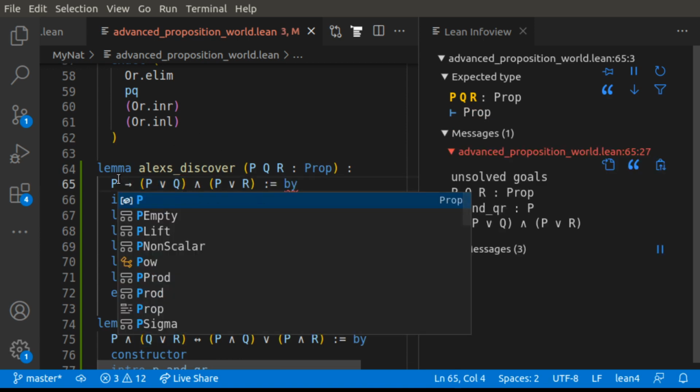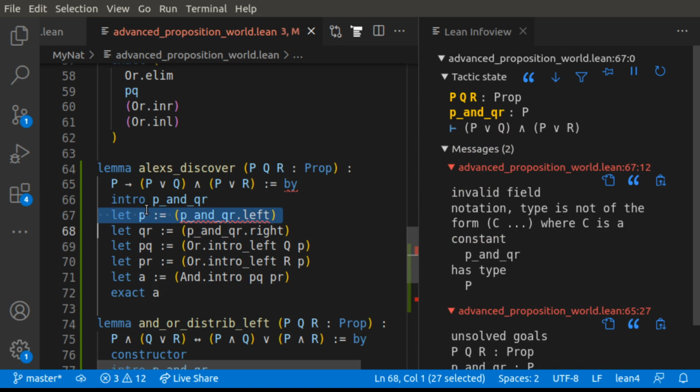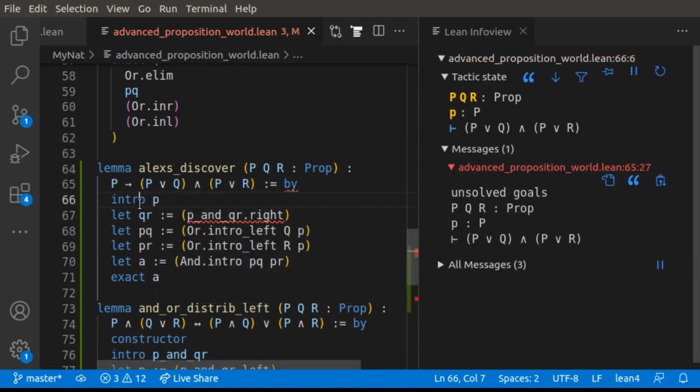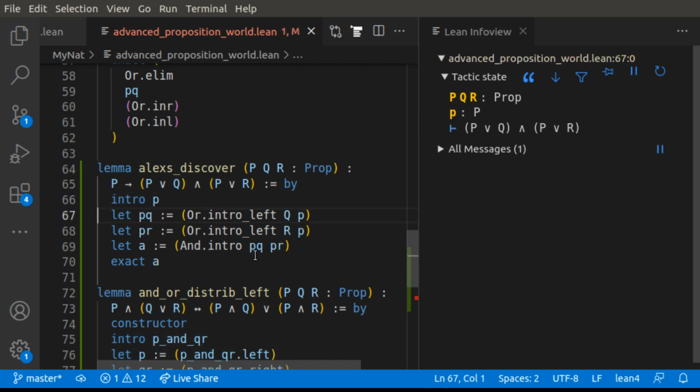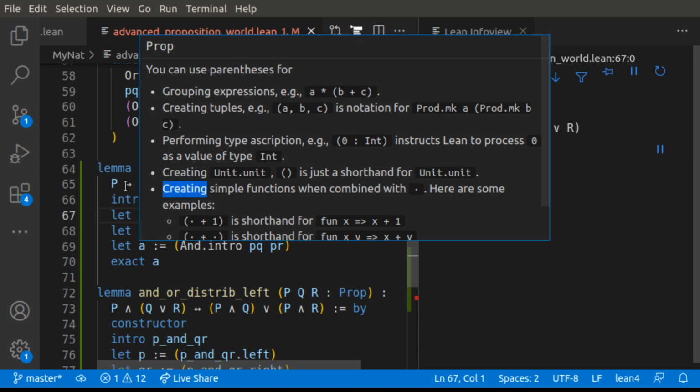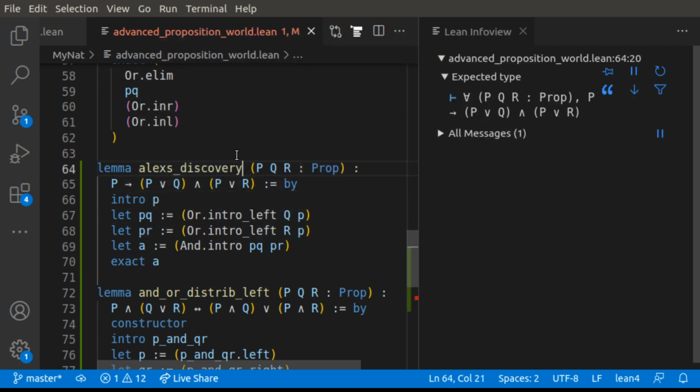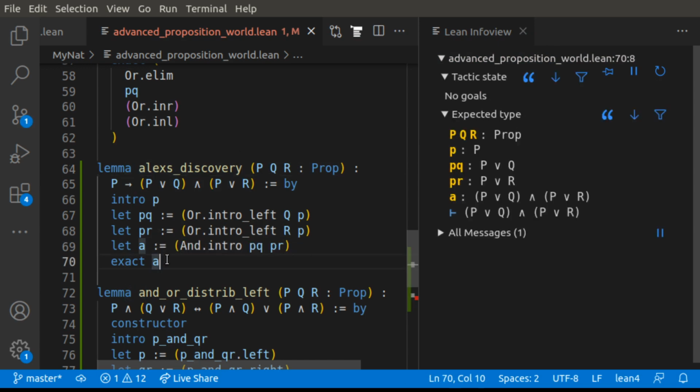P, P. So what I proved was P implies P and Q or P and R. Because you can just have P be true in all of these. Yep, that's pretty trivial. And I can also, in this case, kind of simplify this into